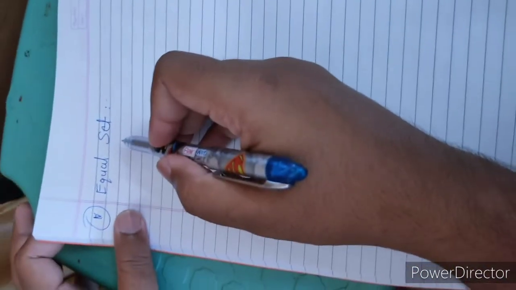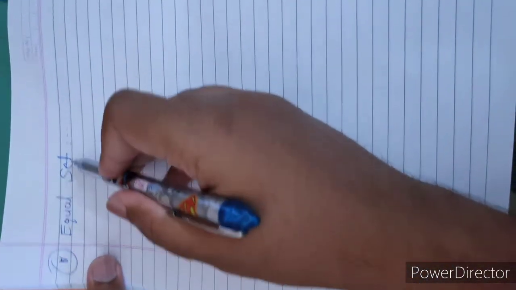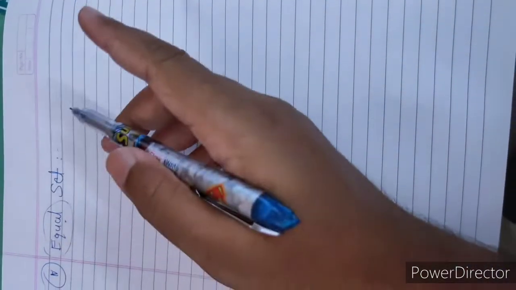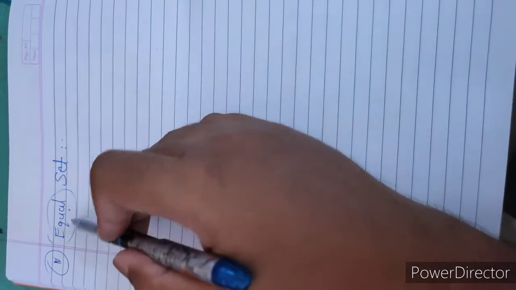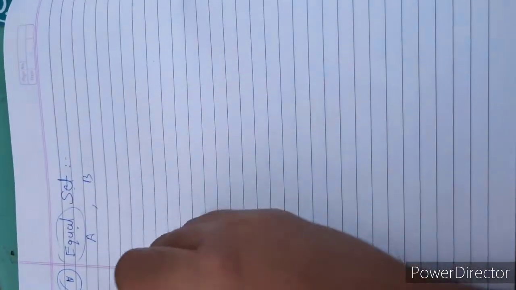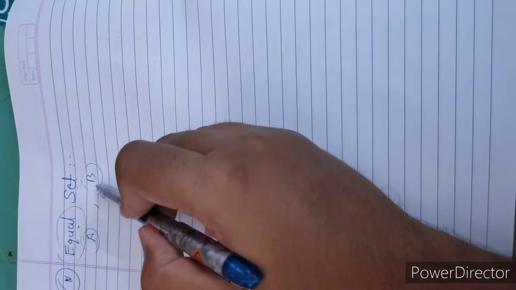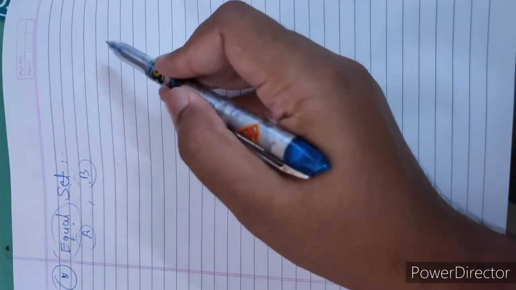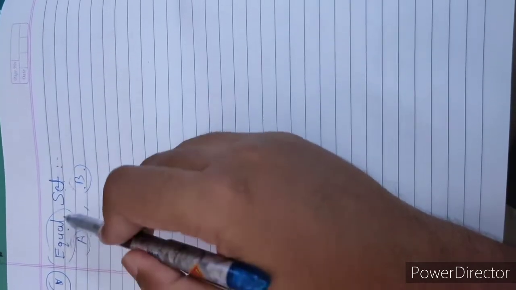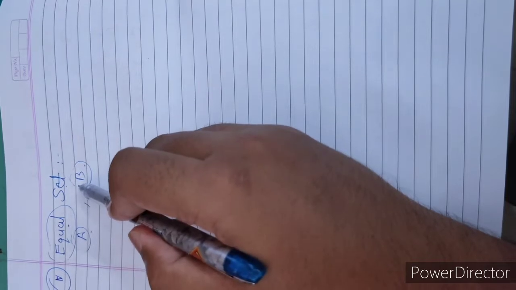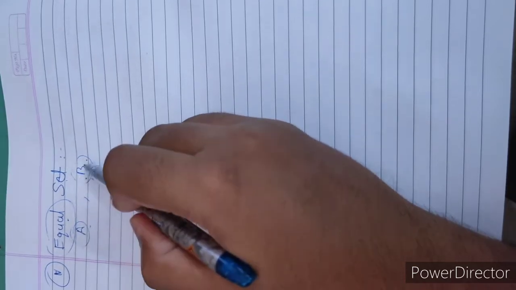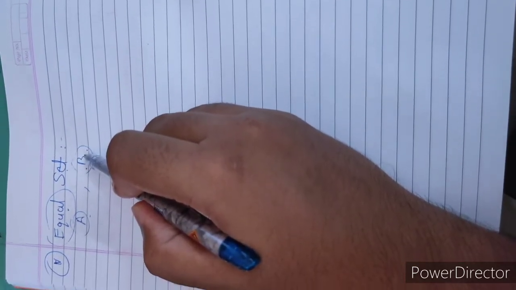There is the equal set. We know that an equal set, as the name suggests, is a set which is going to be equal. One set can be equal to itself, no; for an equal set we need at least 2 sets. I am considering A and B. Set A and set B are called equal sets when their elements, as well as the number of elements, are the same. Same means that set A and set B carry equal elements.